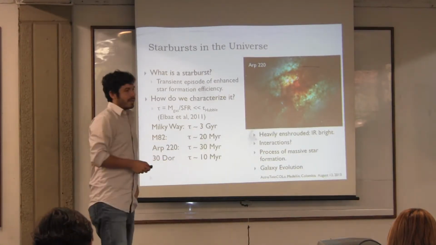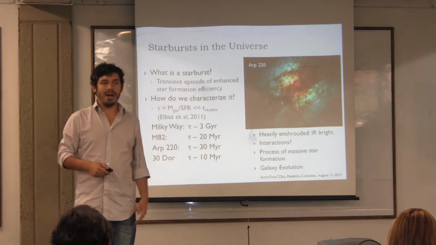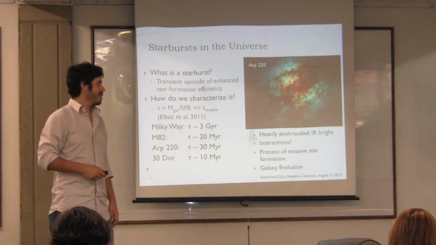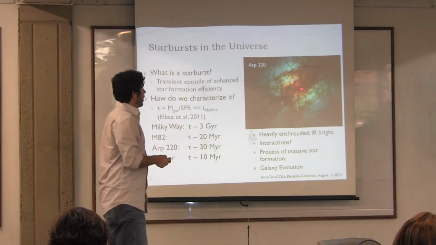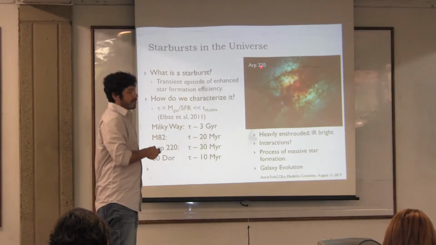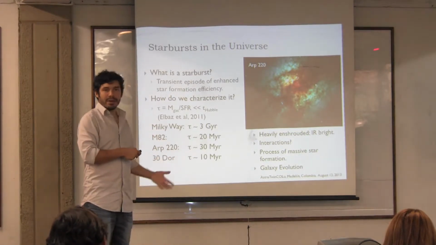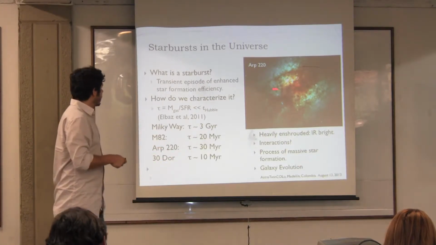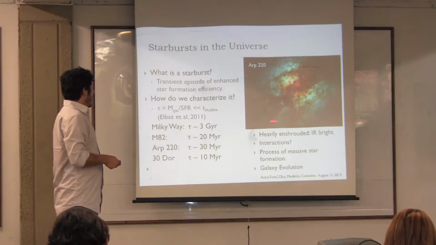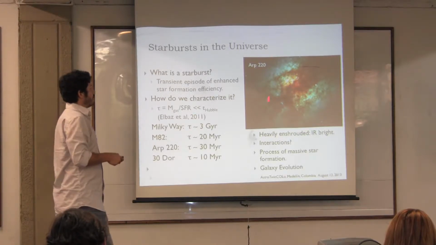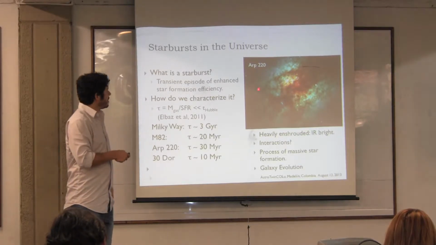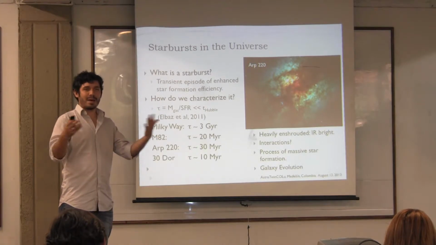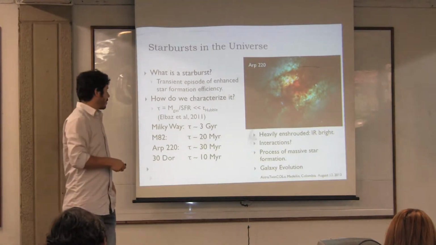And what that means, as you will of course know now that we know about radiative transfer and these kinds of things, is that when the dust reaches an equilibrium temperature, it emits light in infrared wavelengths. So these systems are very bright in the infrared and are usually associated with interactions, with very disturbed systems where you see that something has happened there, maybe two galaxies colliding or something like that.